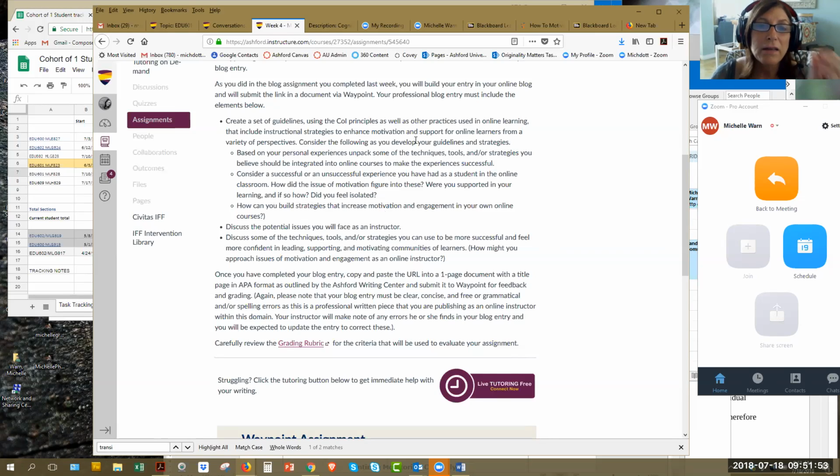So those are some guidelines, and you're going to look at the tools that you can use to support and motivate students, and techniques, maybe some rules or procedures. And what will really help you is to do some research, okay? Because there are great guidelines and supports out there.